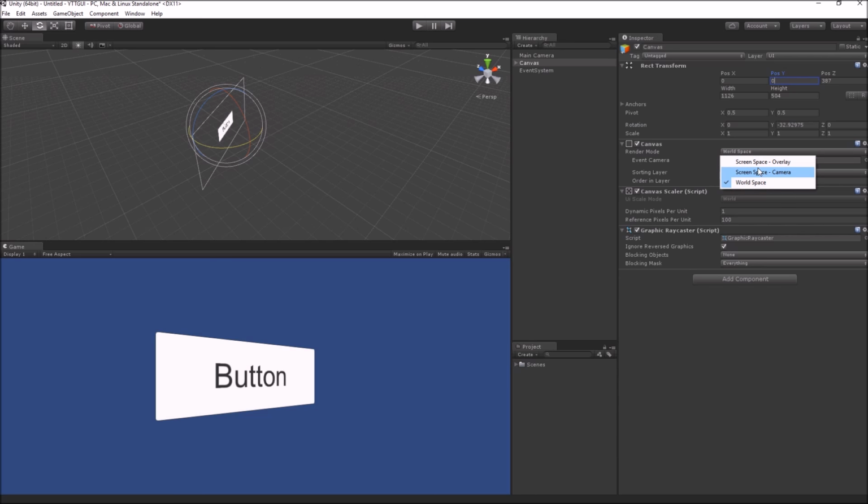Since these two modes, the screen space overlay and the camera mode, any screen space UI is not suitable for VR applications. So the world space canvas is your only solution for UI if you are making games for VR or AR. So the world space canvas is really helpful in those cases.